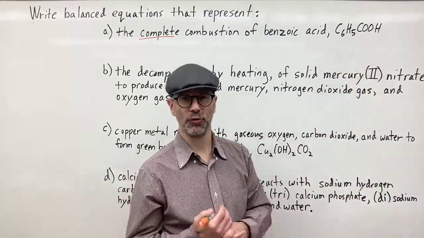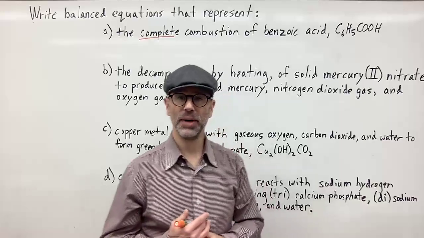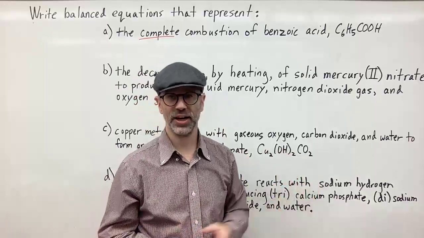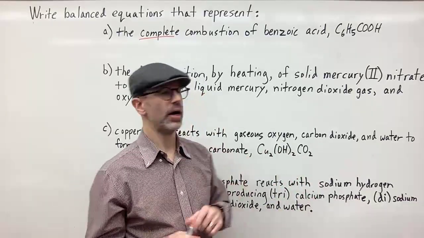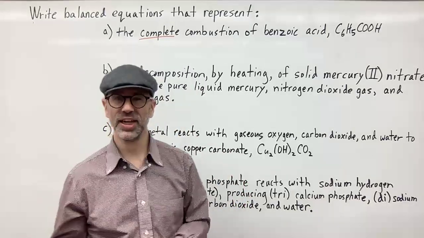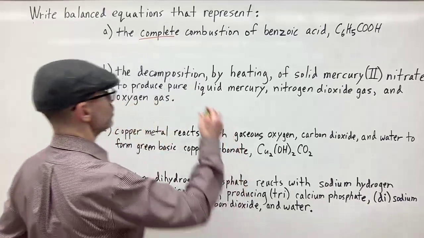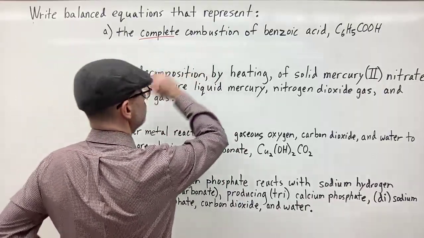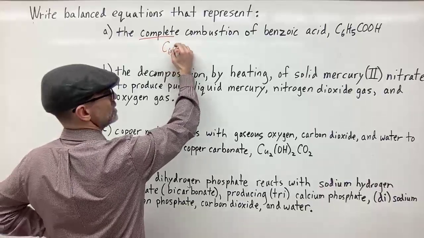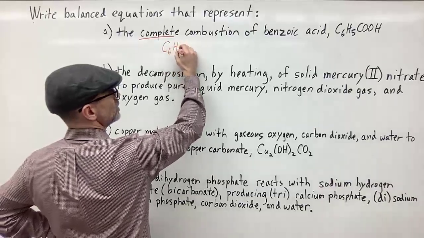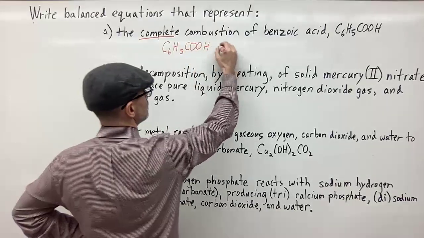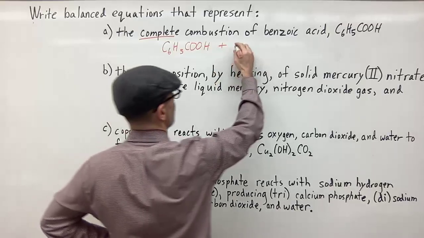If you've got sulfur or nitrogen in your compound, then you might get nitrogen dioxide or sulfur dioxide as a product as well. But here we only have carbon, hydrogen, and oxygen. So let's write out the equation. We're going to write out the skeletal equation. So we have C6H5COOH plus, and we've got to have oxygen